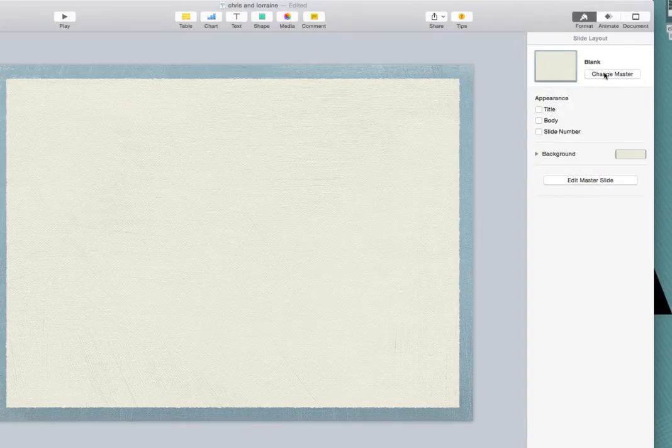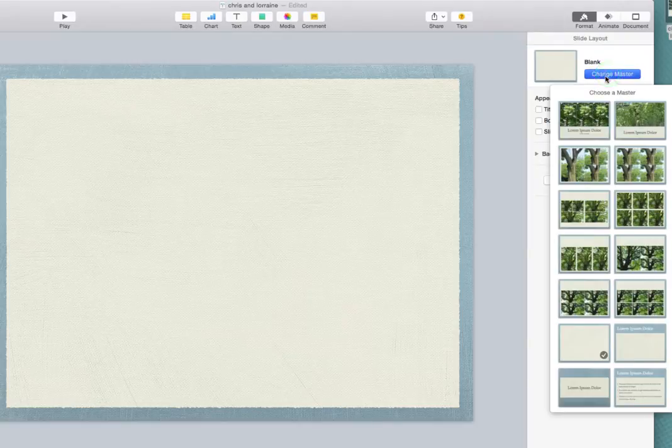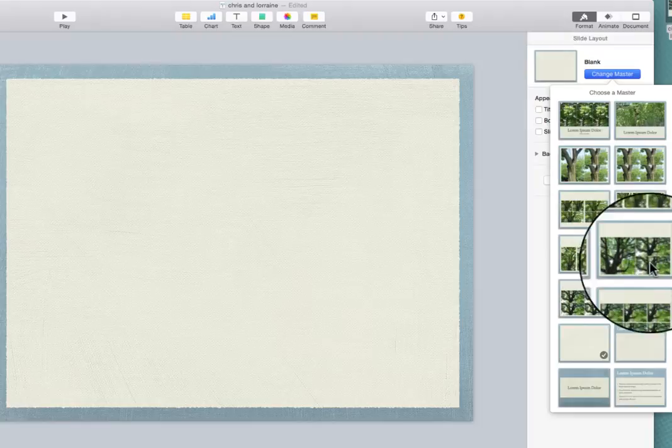Because we're going to change the master. So over here, we see a change master button. Let's click on that. If you wanted, you could do something like the title slide where there's one big image. Or we could just add one image right in here. But because I have a good 5 or 6, I'm going to pick one that has probably 3 or 4 extra images. It's a little bit hard to tell, but this has one bigger image and 2 smaller ones,